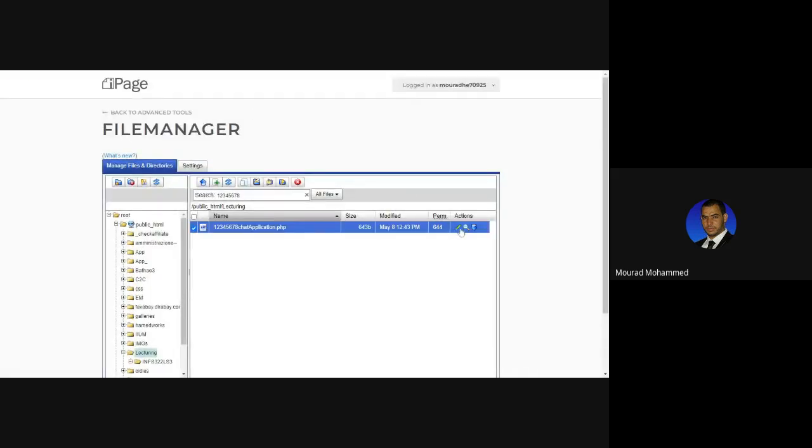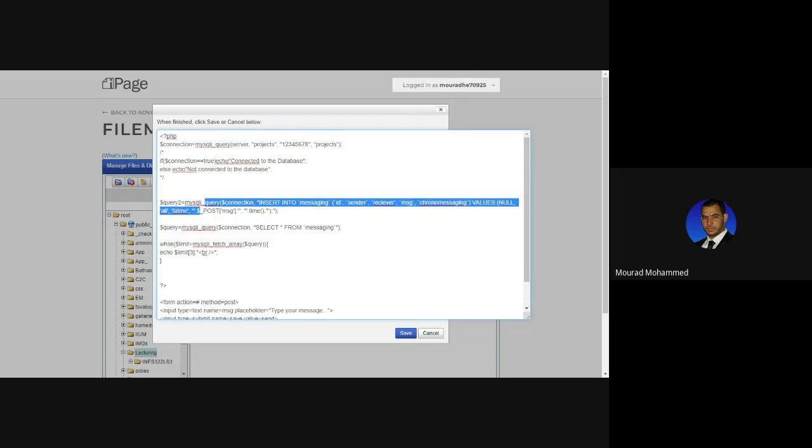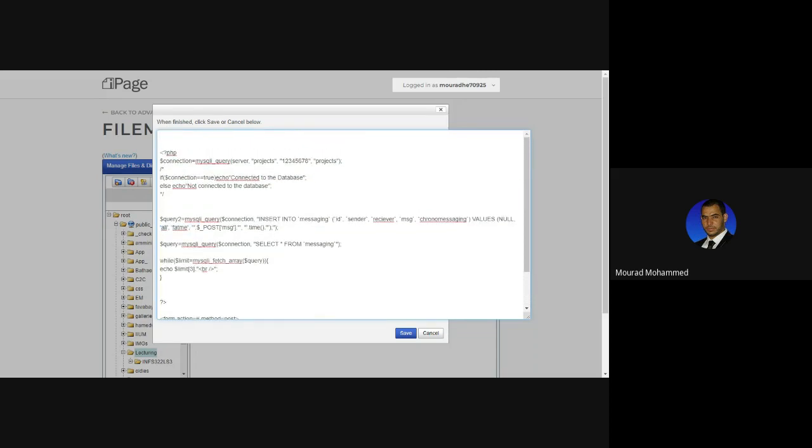Just I'm going to add one last thing, which is an HTML control to make the thing look like in a box, like actually a web application, or let's say a chat application or mobile application, something like that. I'm going to add a table, simple. So let me come back. Yes, here. So in my notepad, I'm going to just insert a table before of everything here at the beginning. I'm going to create